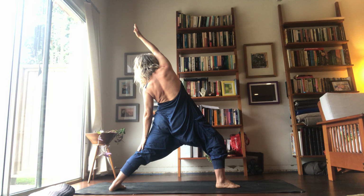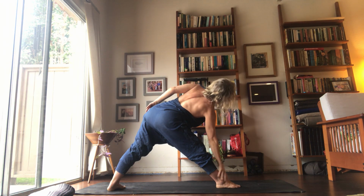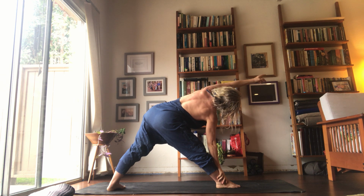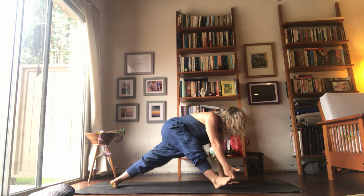Inhale, reverse warrior. Exhale, Utthita Trikonasana. Get as long as you can. Right arm reaching up and over. Inhale here. Exhale,